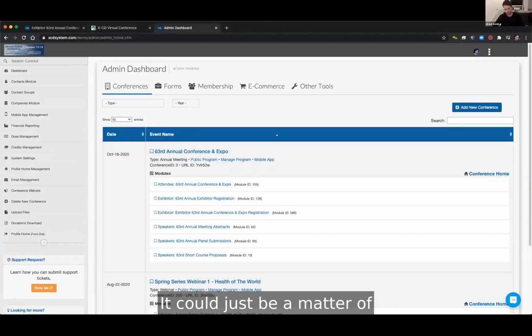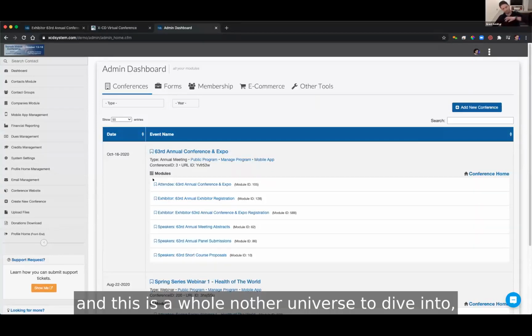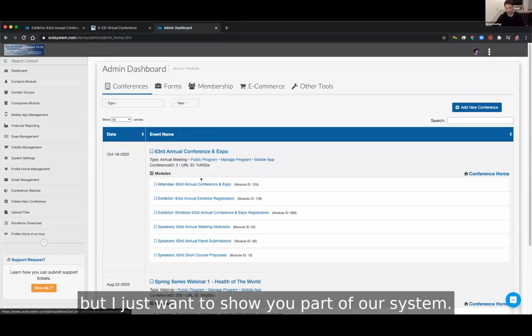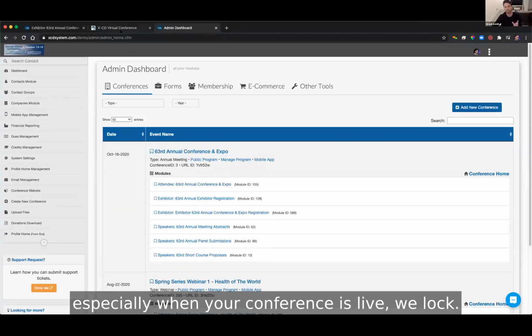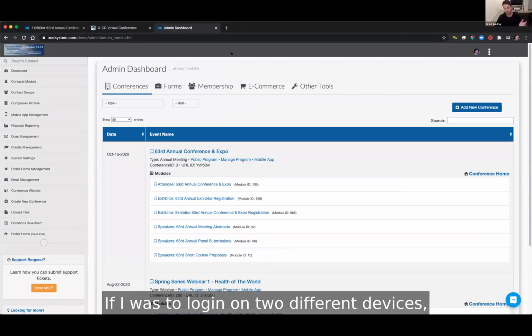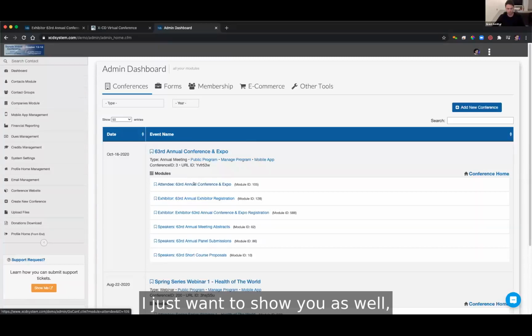It could just be a matter of how you're selling registration. This is a whole other universe to dive into, but I just want to show you part of our system. They can't share credentials, especially when your conference is live. If I was to log in on two different devices, only one of them can be logged in at a certain time. I just want to show you as well, in our system, we could integrate with your